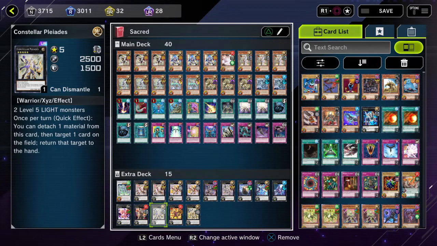And basically, this is the deck. I mean, I guess touch on the extra deck too. Yes, I know you can see that I only have one Constellar Pleiades in the deck, but to be honest, games are so fast and extreme these days that you're going to basically get away with one. I mean, there could be the chance for you needing the second one at the very least,